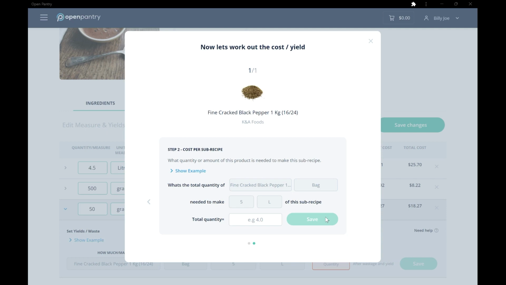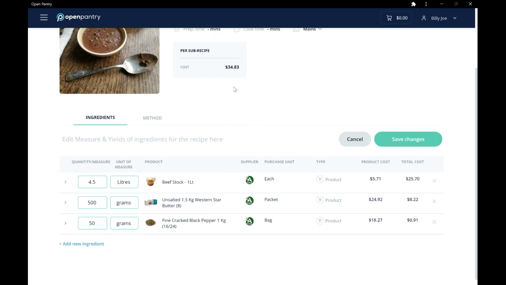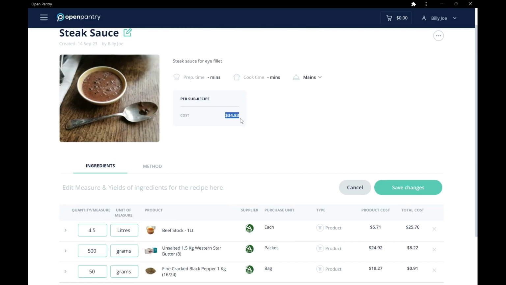And 50 grams as a proportion over 1,000 grams, which is a kilo, is 50 divided by 1,000, so that's 0.05.